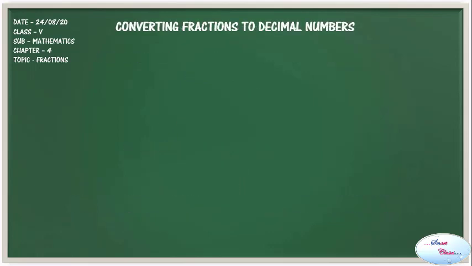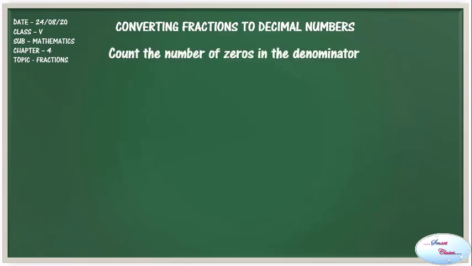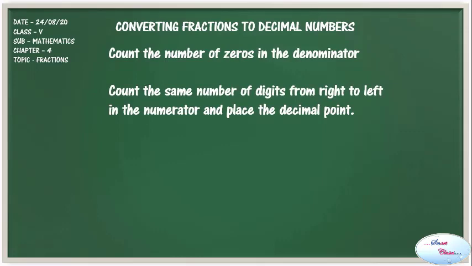How do we convert fractions into decimals? For converting fractions to decimal, first we count the number of zeros in the denominator. Then count the same number of digits from right to left in the numerator and place the decimal point. For example, convert 12 upon 10 into decimal. So here there is only one zero in the denominator part. Therefore, we will start counting from right to left and we'll count only till one position. And after counting only one position, we'll place the decimal. So it will be written as